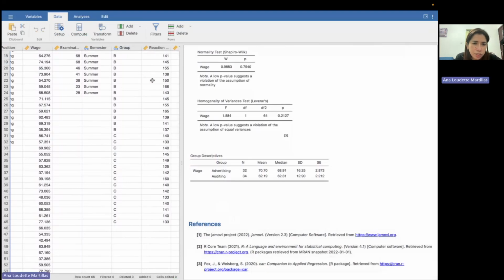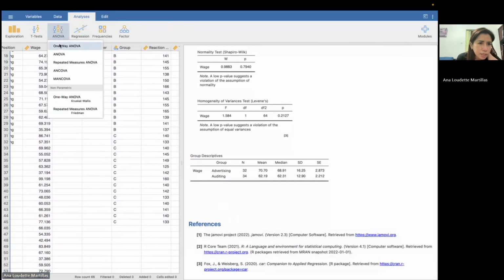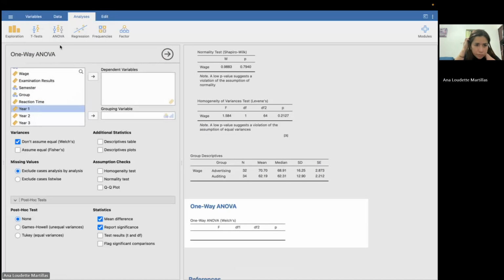So you have to enter the data. Let's perform the analysis. Click on analysis, then select ANOVA, then choose one-way ANOVA. Then move reaction